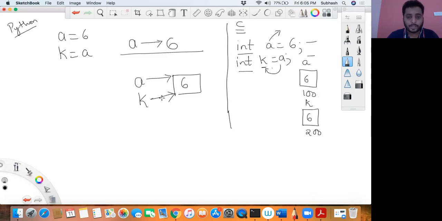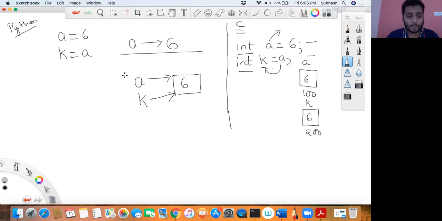Python says, I want to save memory, because both variables contain the same value. Why should I create two different memory locations to store the same value? Therefore, two variables will be referring to the same memory location. This is implemented like this in Python to save memory.